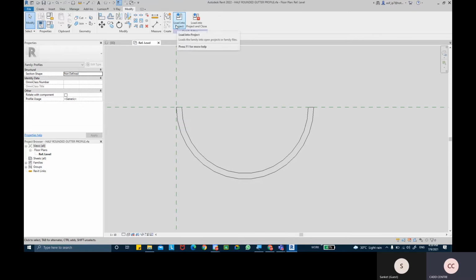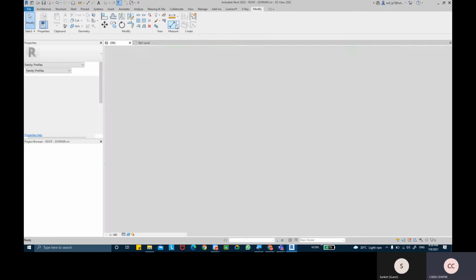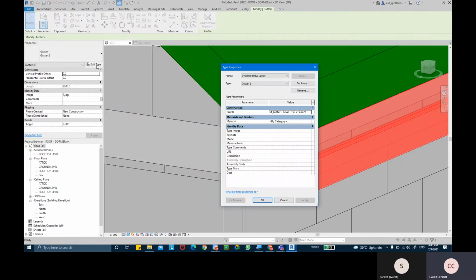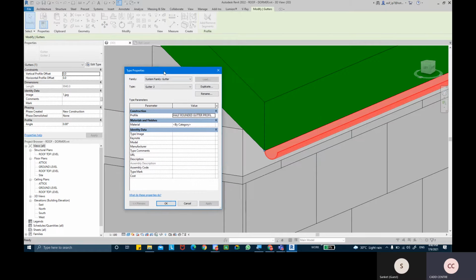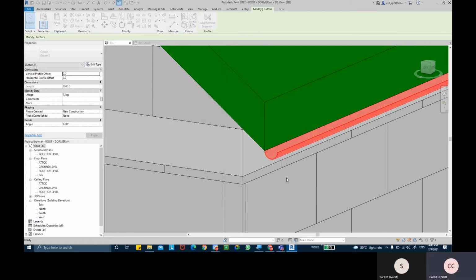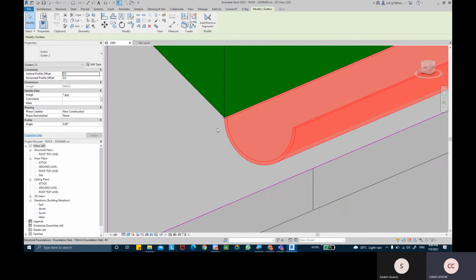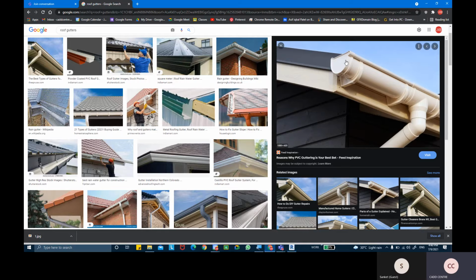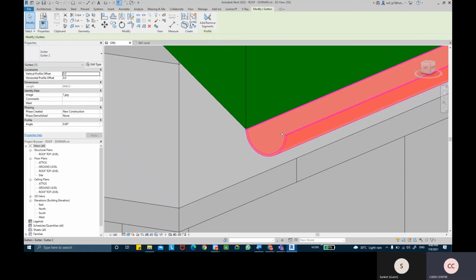And then we can load this into our project. I can select that specific gutter and come to the edit type, come in profiles, pick that, apply it. And here we go. Okay. So it's open in the end, actually. And somewhere if you look in the image, it has a closed end, basically. So we might have to create another shape over here to close that specific gutter from that specified end, basically.